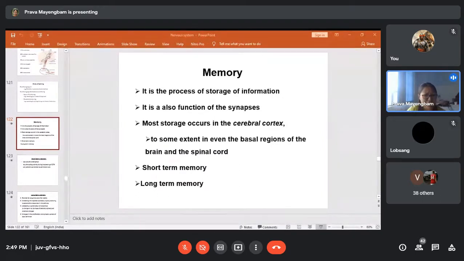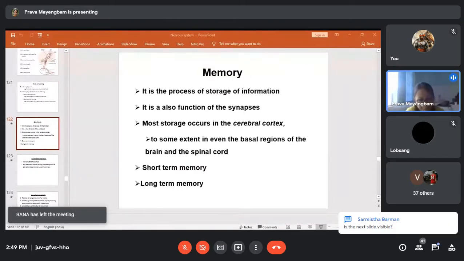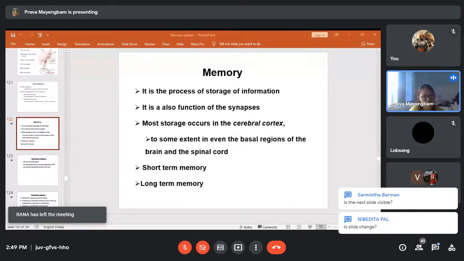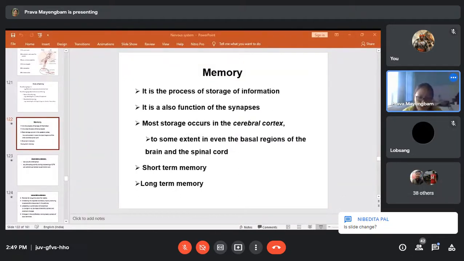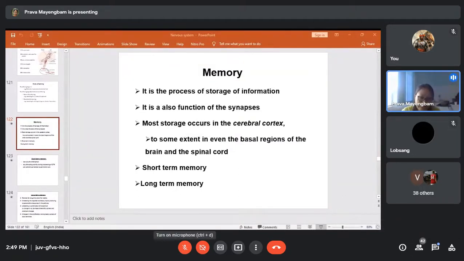So there are changes in the proliferation and the synaptic contact of the axon terminus. Yes, there has to be changes at the synapse, changes at the synaptic contact between numbers of axon terminals, numbers of dendrites, numbers of spines. So different types of changes are going to happen during this conversion from short-term memory to long-term memory.